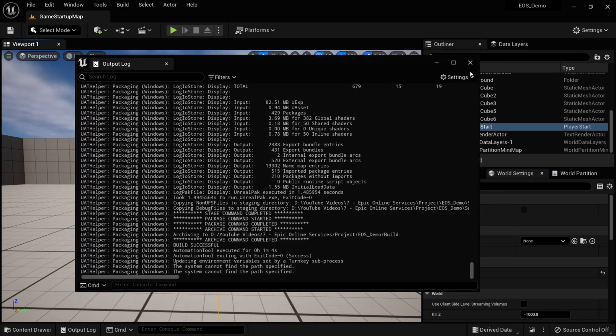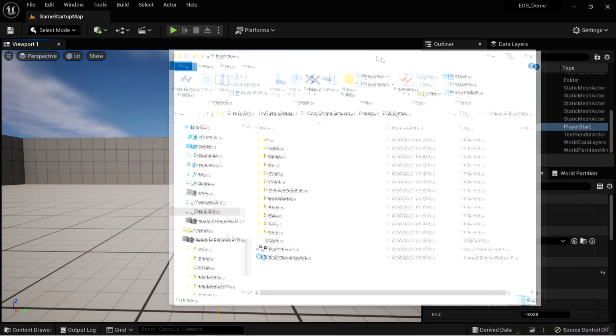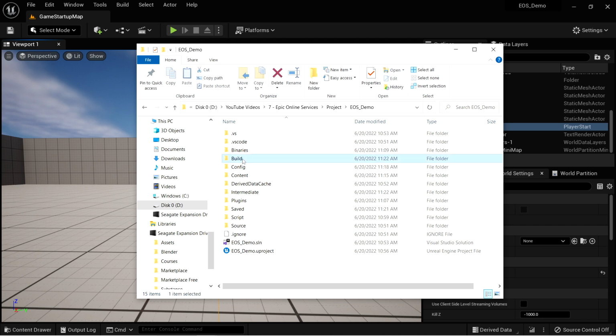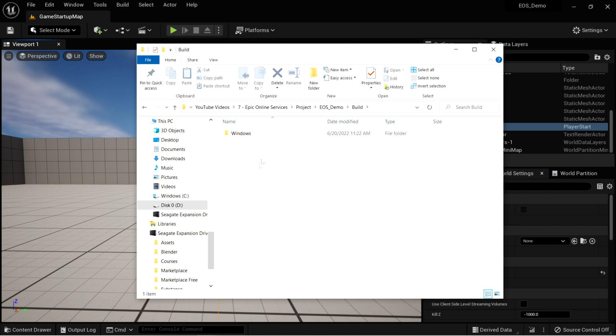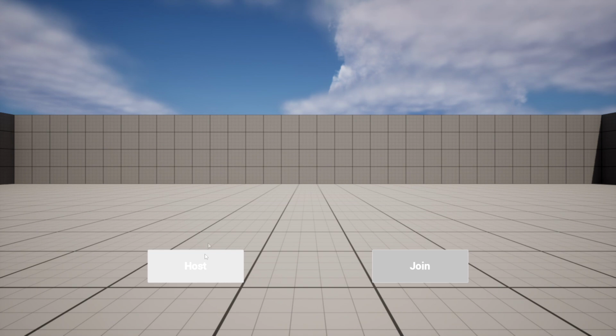Okay, so once I'm finished packaging, I should now have my game executable. I can find it by going to my project. Here's my build folder, and I now have a Windows folder. If you packaged for iOS, then this would be called something else, but inside we have an executable that we can launch. Now, don't delete anything from here. All these folders are necessary. But to launch the game, we simply double-click that exe, and here's our project. We can host and we can